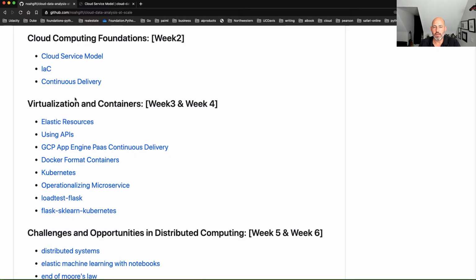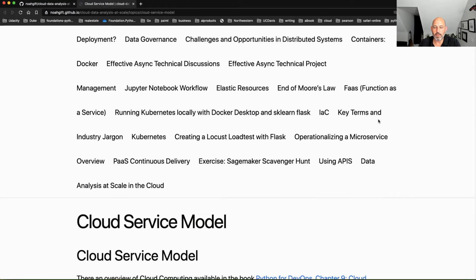And then this week, we'll get into cloud computing foundations, and then potentially even a little bit of the virtualization and containers as well. But first, let's start off with the cloud service model and talk about that a bit.